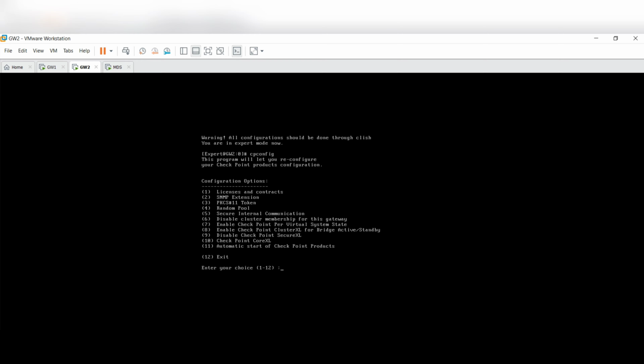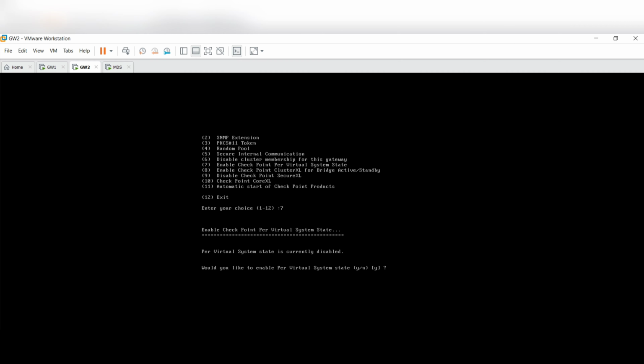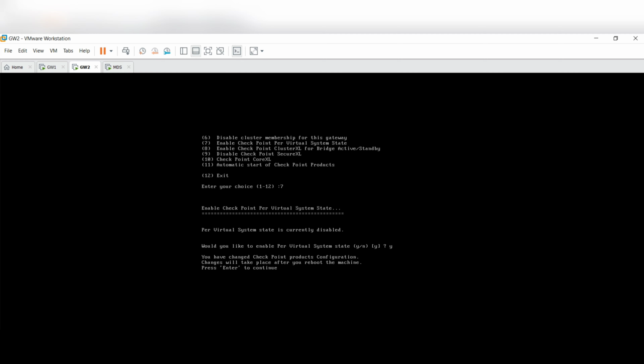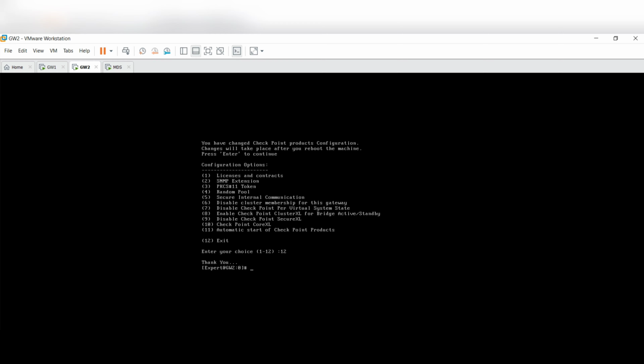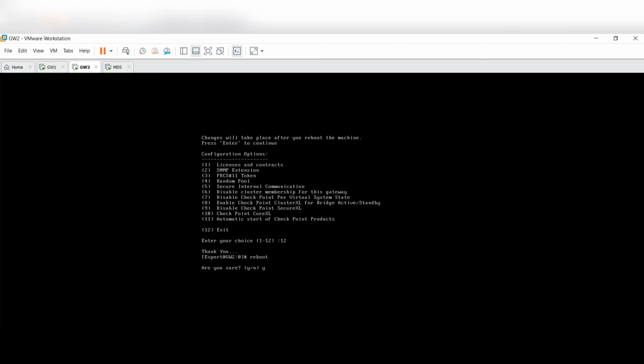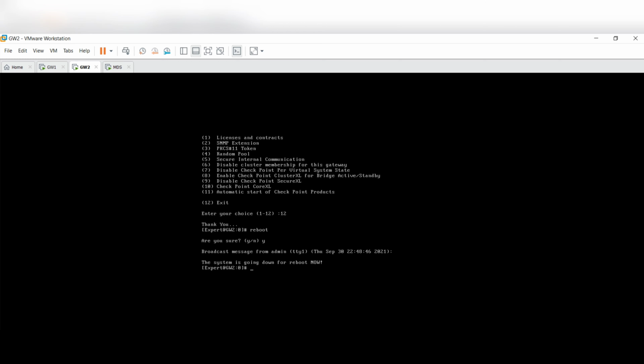So let's go to the option, enable Check Point per virtual system state. It's number 7. So just enter that. Would you like to enable per virtual system state? Yes. Press enter. The machine will not reboot; you have to manually reboot it to get this in place. Meanwhile, just go to